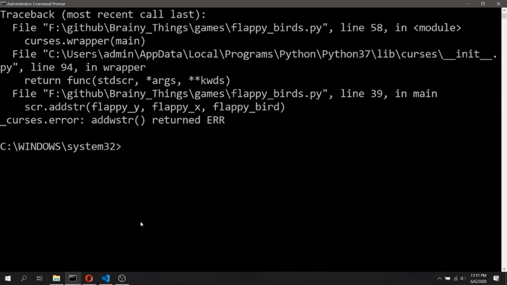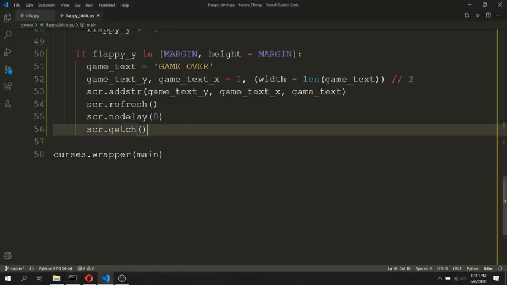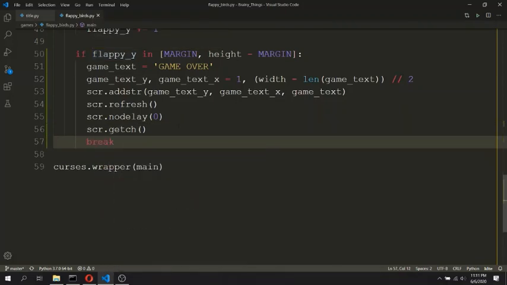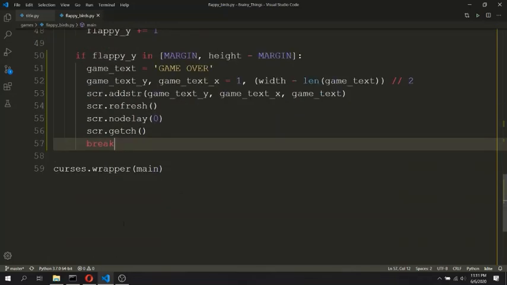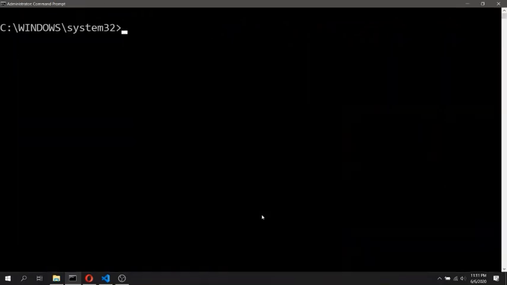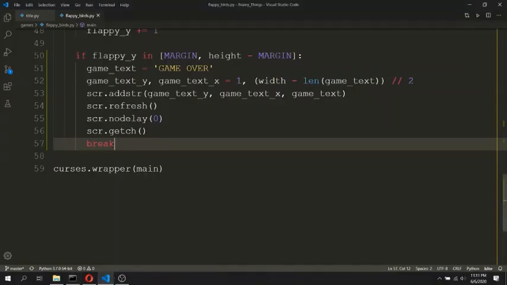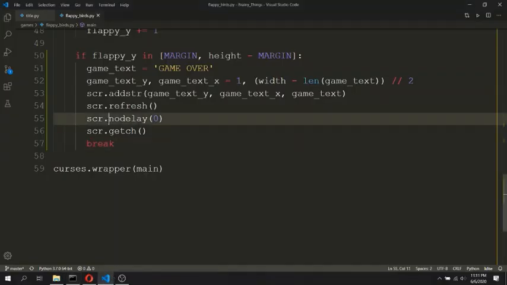And as this is the game over condition, we should add a break statement over here so that it should not proceed with the game logic. But still, it is not waiting for the user's input indefinitely, even though we have passed this 0 to this no delay functionality.